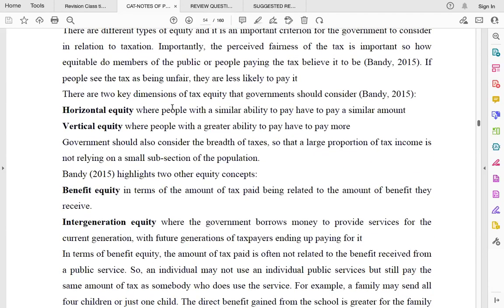Then you have benefit equity, in terms of the amount of tax paid being related to the amount of benefit they receive. This type of equity, I don't believe in it, but some people will say the tax is suitable